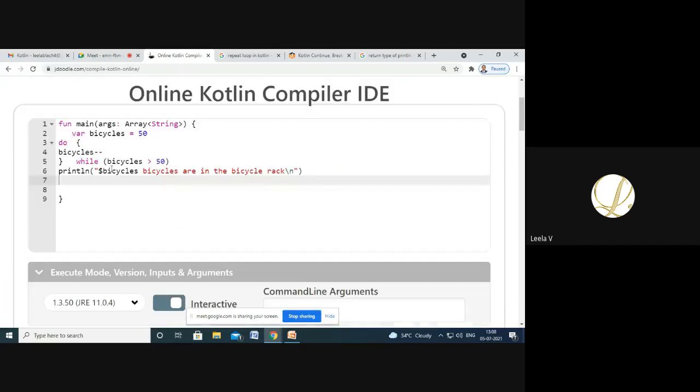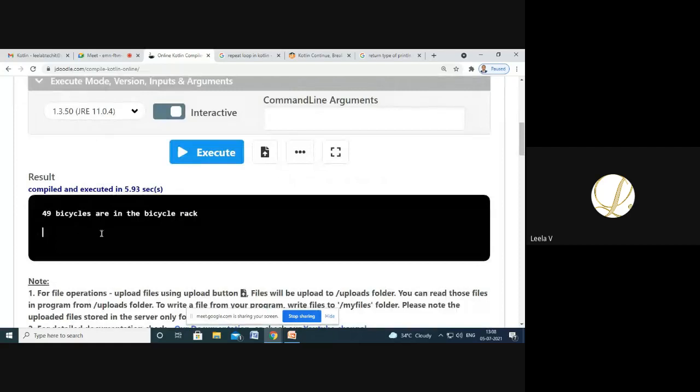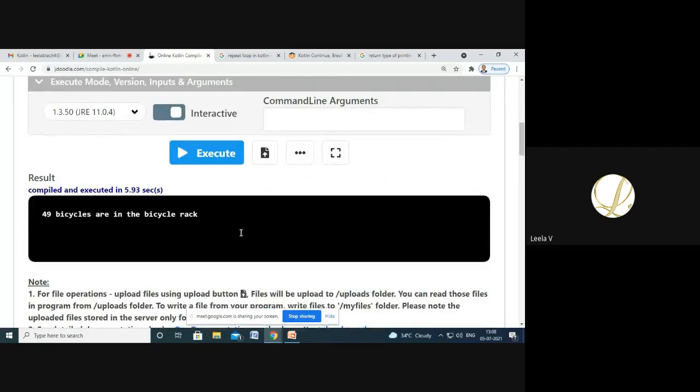When we run this do while, it prints 49 bicycles are in the bicycle rack as output.